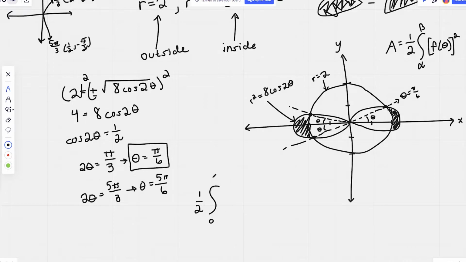So we can do from 0 to pi over 6, right? That's going to be from this line, or we can look on this side, this line to theta pi over 6. But we're going to need to multiply it by 2, because that only gets the top half. If we multiply by 2, we get the bottom half too, right? That would only give us this, but we also need to get this, and we can do that by multiplying by 2. So we can take our function of the lemniscate, which is 8 cosine 2 theta,